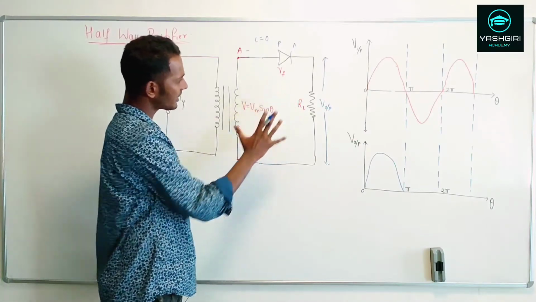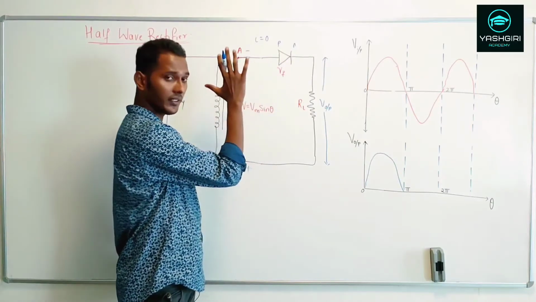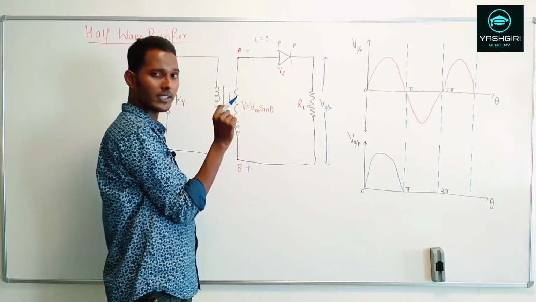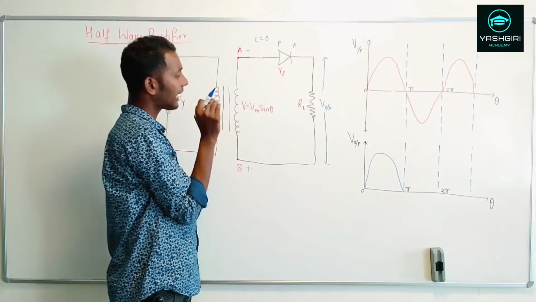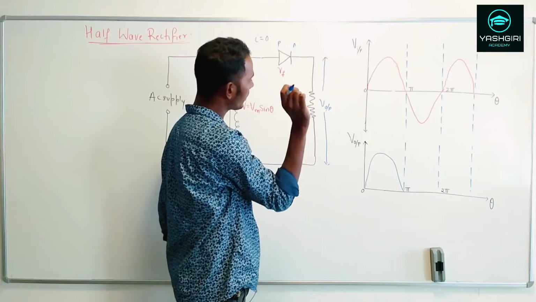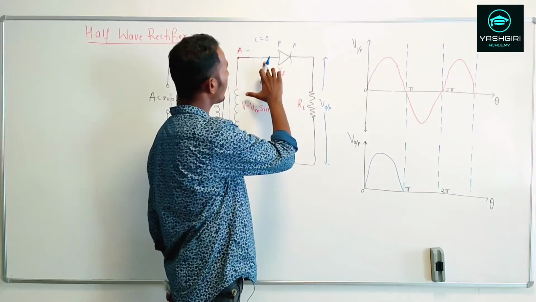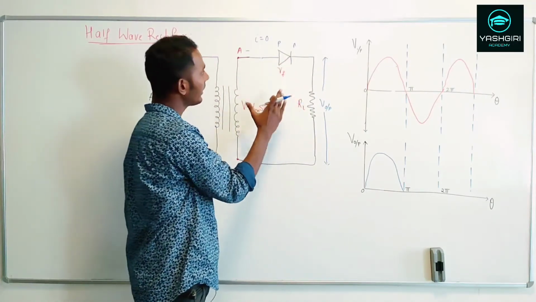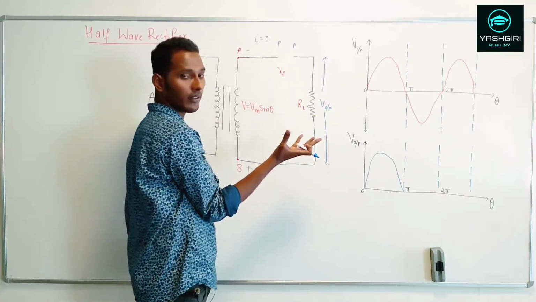Now if you trace the output when I is equal to 0, we are considering the ideal case, so we are not going for the leakage current here, because it is a very small leakage current. For the ideal case, we can just say that I is equal to 0. We are neglecting that small value. If I plot the output, since there is no current over here, the diode will act like an open switch, because it's reverse biased.